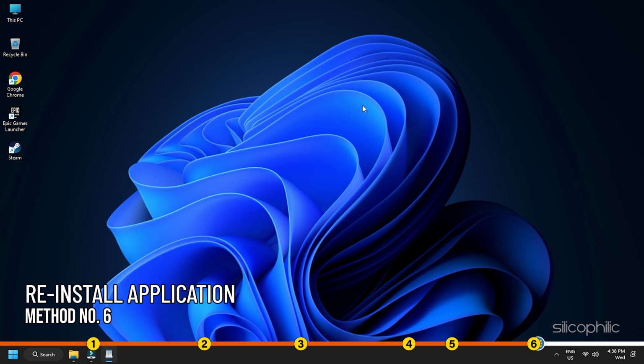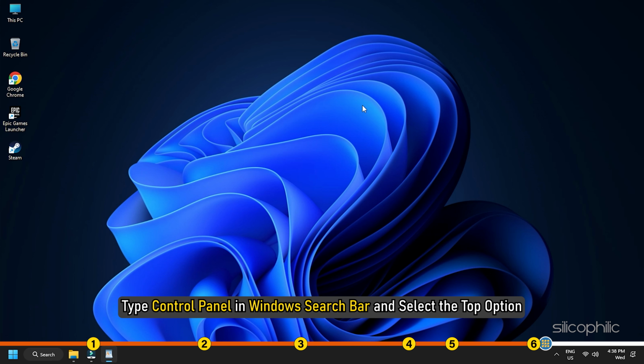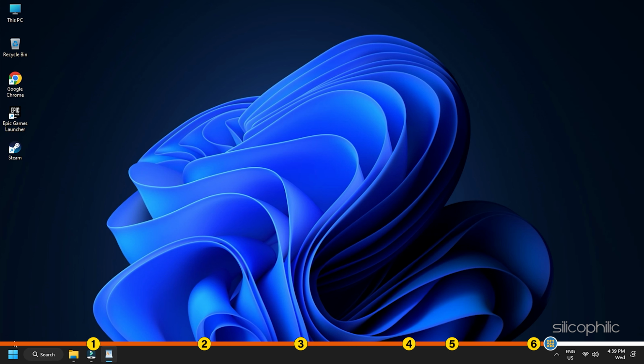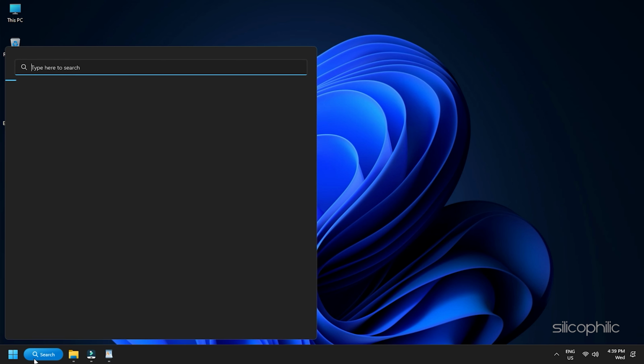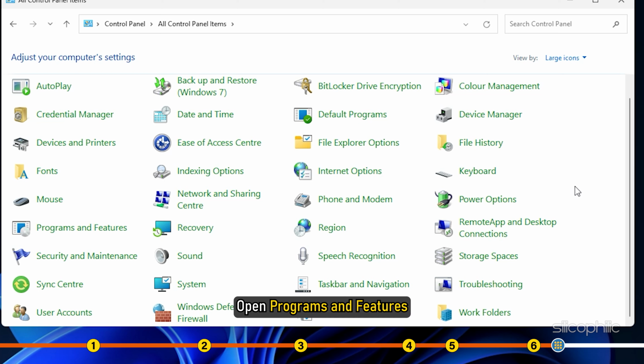Method 6. Another thing you can do is reinstall the application. Type Control Panel in Windows search bar and select the top option. Open Programs and Features.